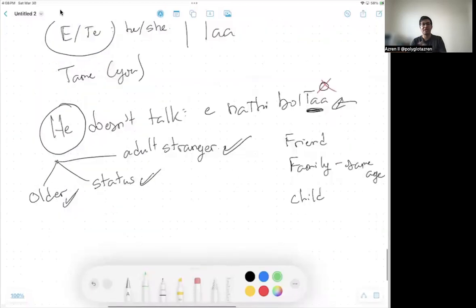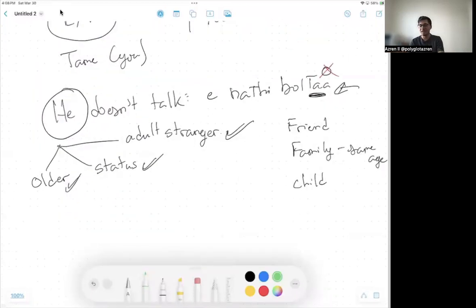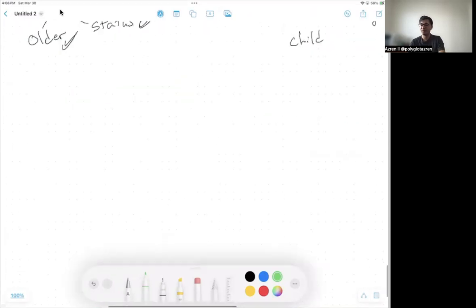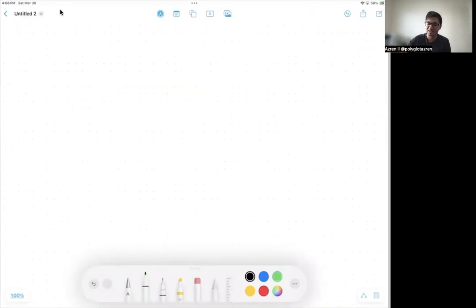Okay, so it's a lot of information. How do we actually practice this? Well, one of the simplest ways to practice this is, if you're watching this, you probably know someone who's Gujarati, which is going to be helpful. Okay, so how do you practice this at home? I'll give you a couple different options. So option one,